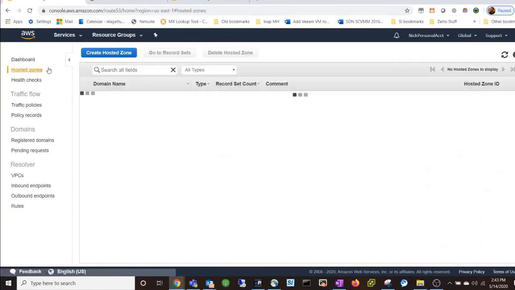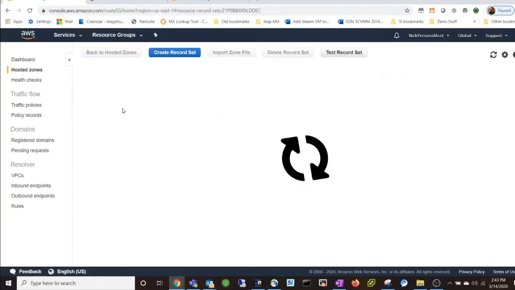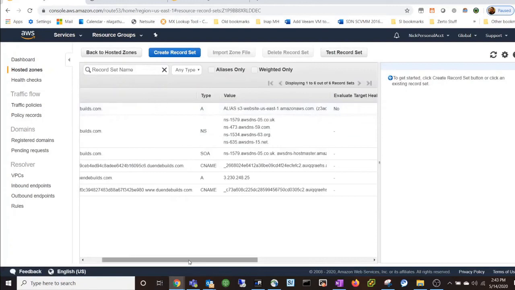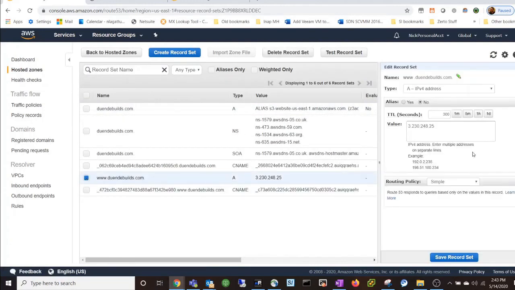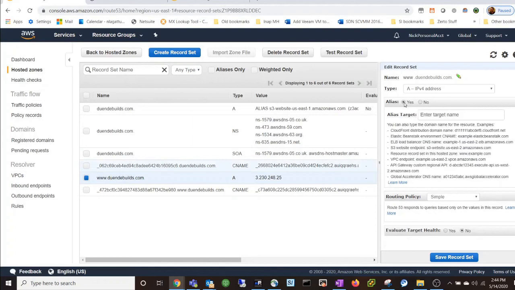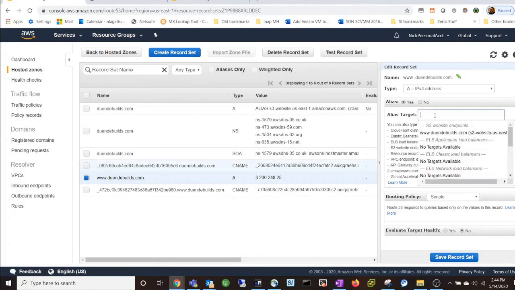So going back to hosted zones, duendebuilds.com, and I'm going to go ahead here, www.duendebuilds.com. I am going to change this to an alias, and then I'm going to choose the new S3 website endpoint for